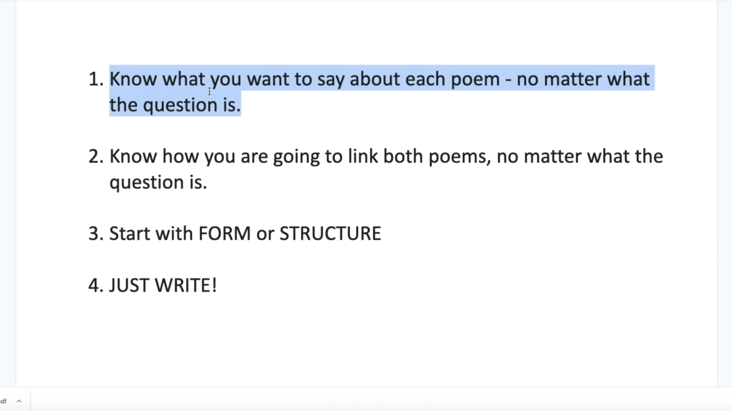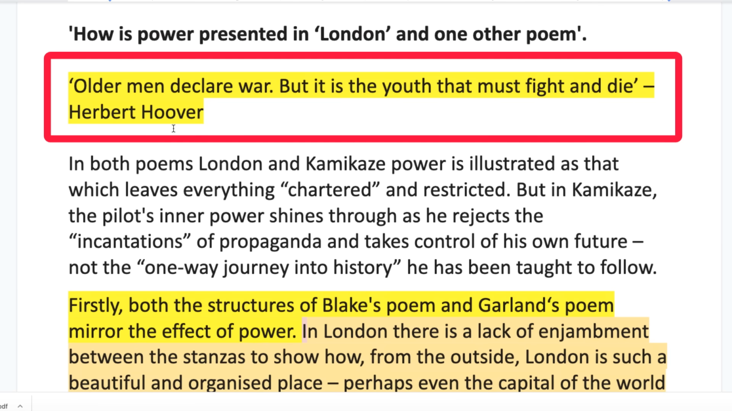Let's look at how Adam knew what he wanted to say no matter what the question. So he began with a rather unusual technique. He had this pre-prepared quotation which is nothing to do with the poem but is to do with war poems. So he knew that he was going to be able to use this quotation to begin any essay about any of the war poetry. I don't know how I feel about this, but it definitely didn't count against him,